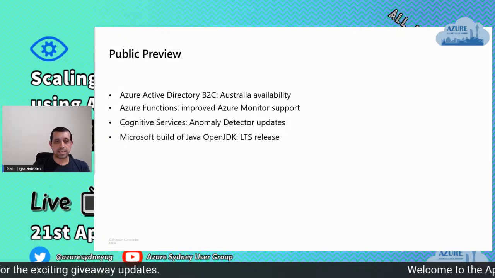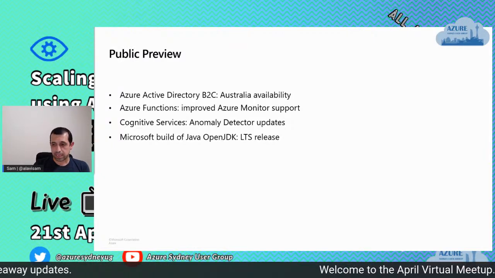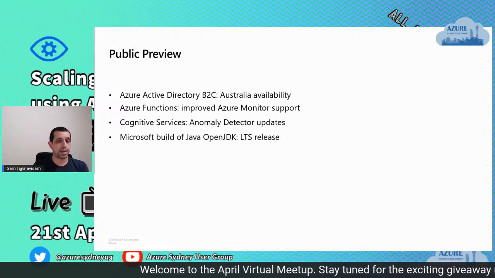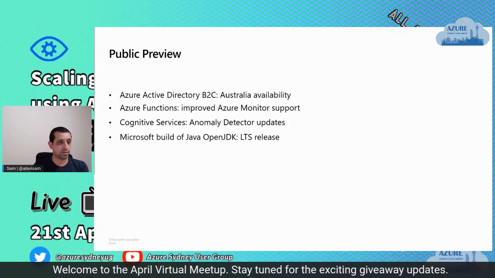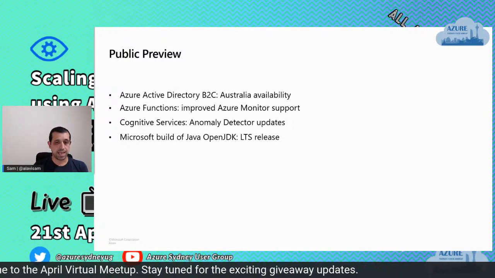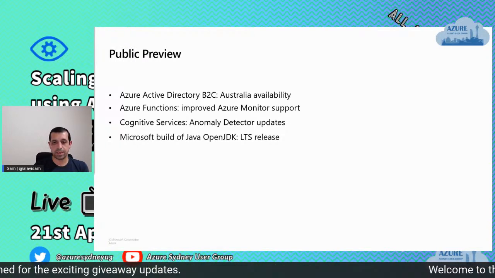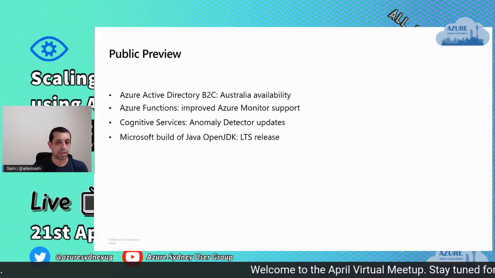The third one is the Cognitive Services Anomaly Detector update. Basically, it's an update around the Anomaly Detector API, which is a member of Cognitive Services. Now it's enhanced by a new feature that Microsoft refers to as the multivariate anomaly detector API.